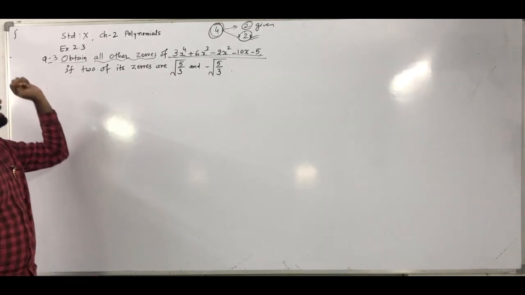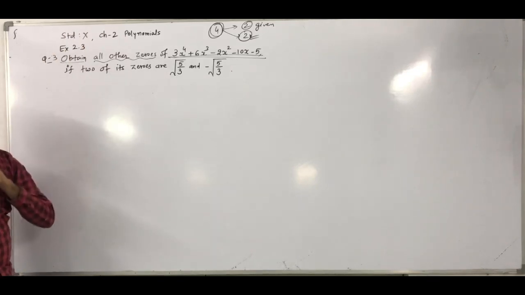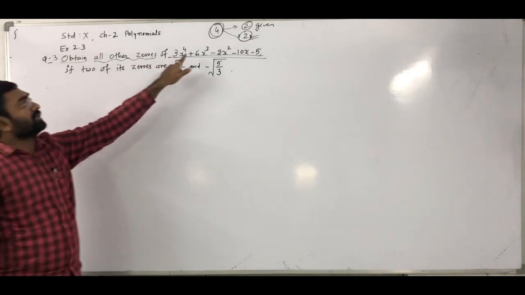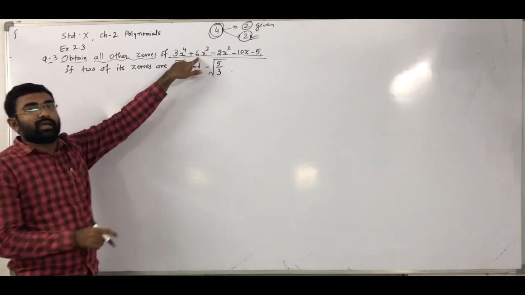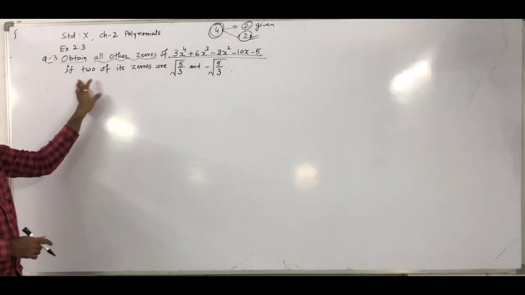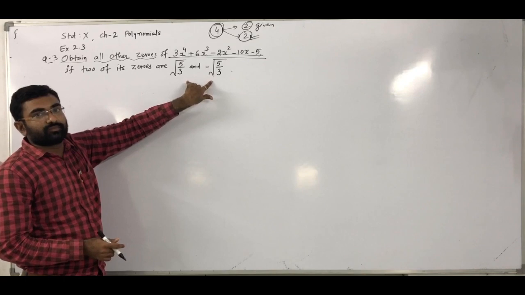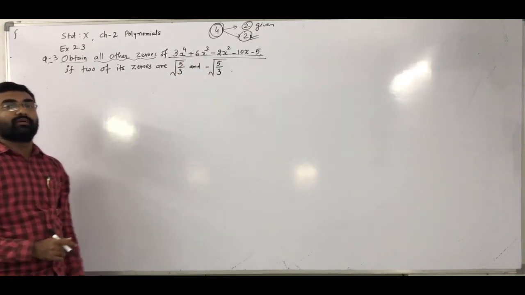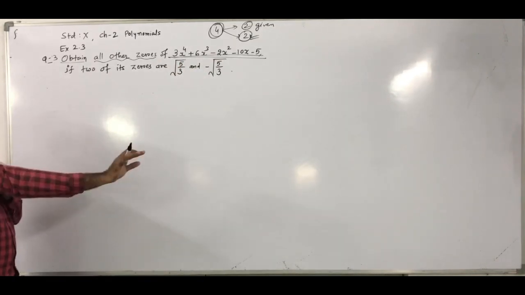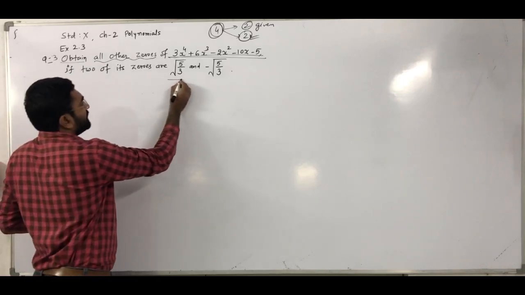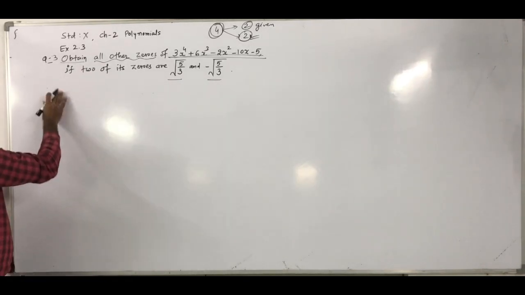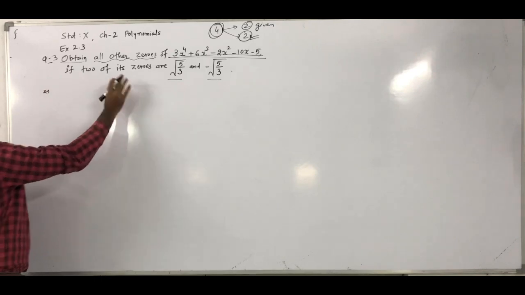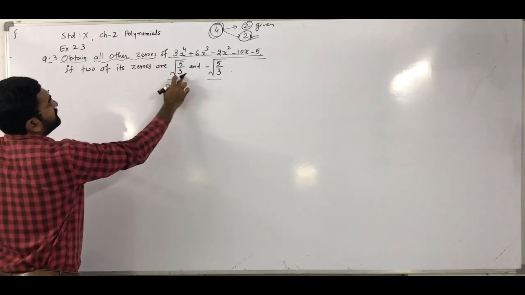Okay, so as I told you, first of all understand the question. In the given question, there is a polynomial whose degree is 4, and as per the question, 2 zeros are already given. So the remaining 2 zeros we have to find out. Okay, so we have to start from here. Whatever is given in a question, we have to start from there. So in the question they give that 2 zeros of the given polynomial are these.